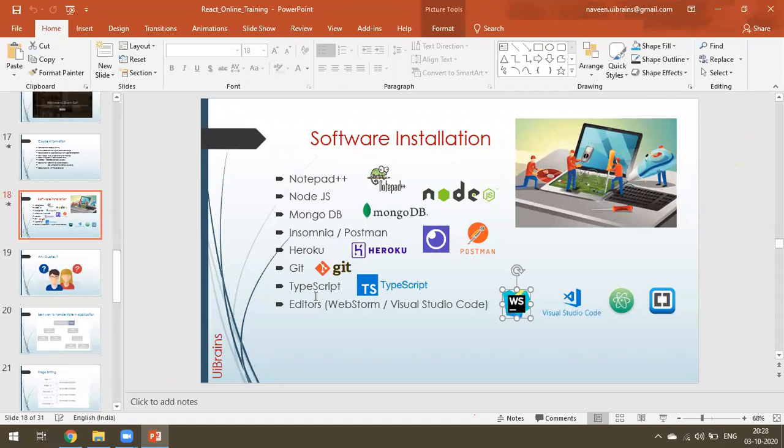This software is only a 30-day trial version. Don't worry, once you join my batch, I'll give you the license, and that works for a lifetime. Just install the one I showed in the video, and once you join and pay the fee, I'll give you the license. I have a group license, so you can use it free of cost for a lifetime. Don't bother about paying for this license.